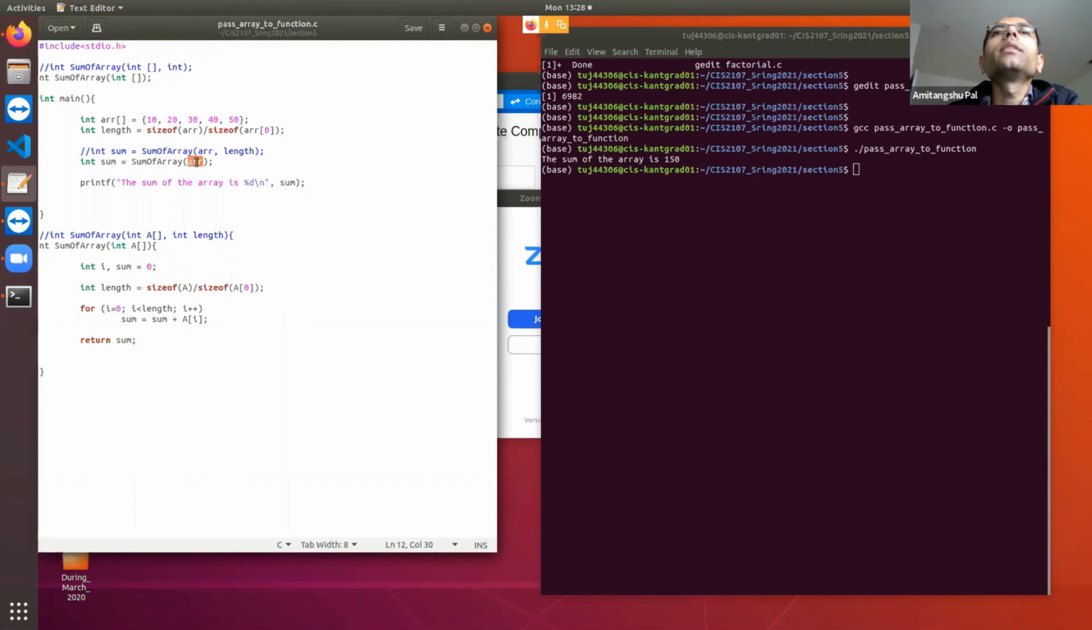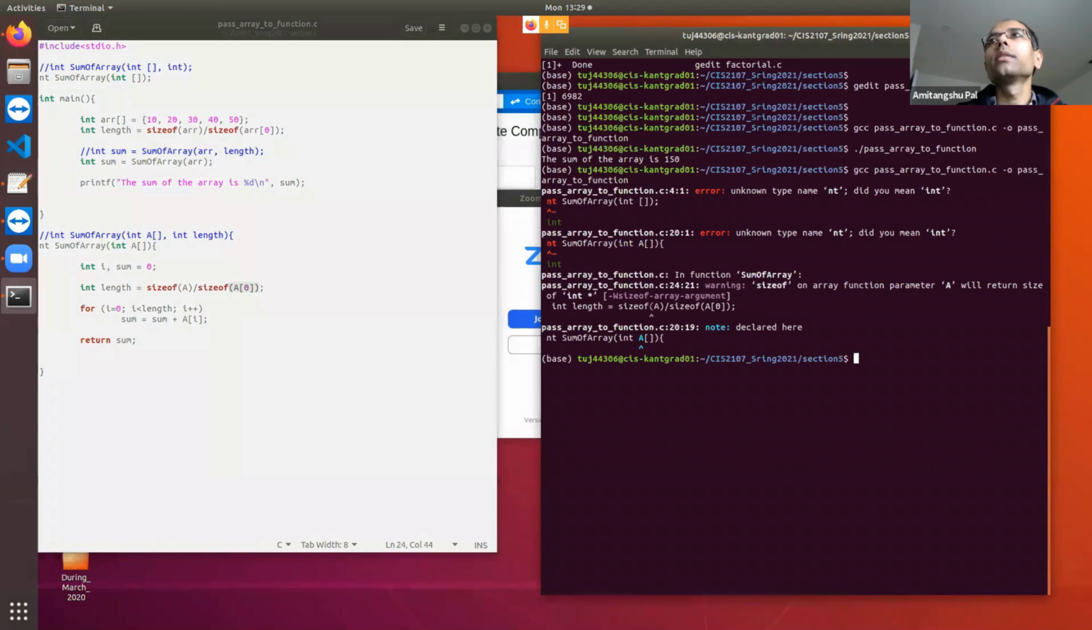As I said, the array name stores the address of the first element. So here A is basically storing the address of the first element. So sizeof A means size of an address divided by size of an integer. So if I run this,